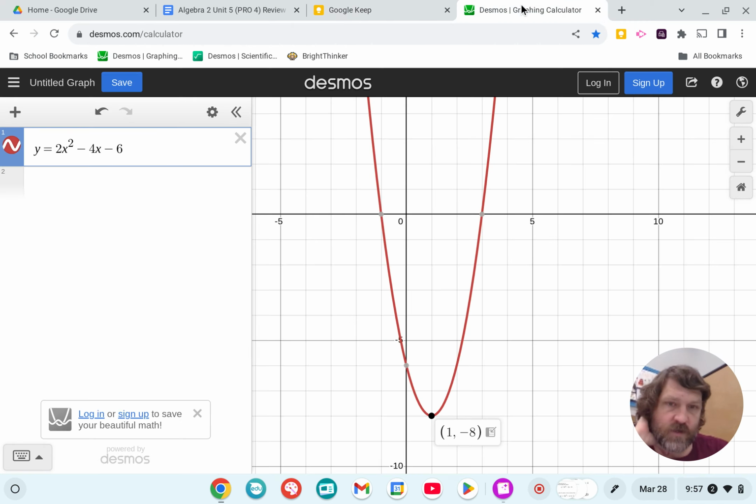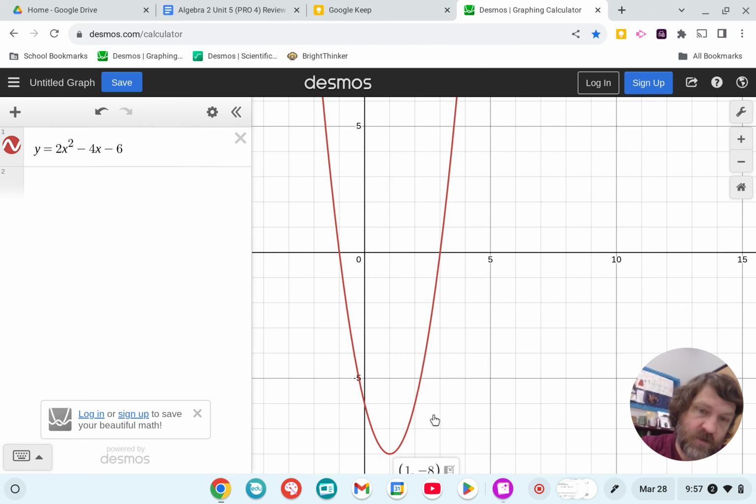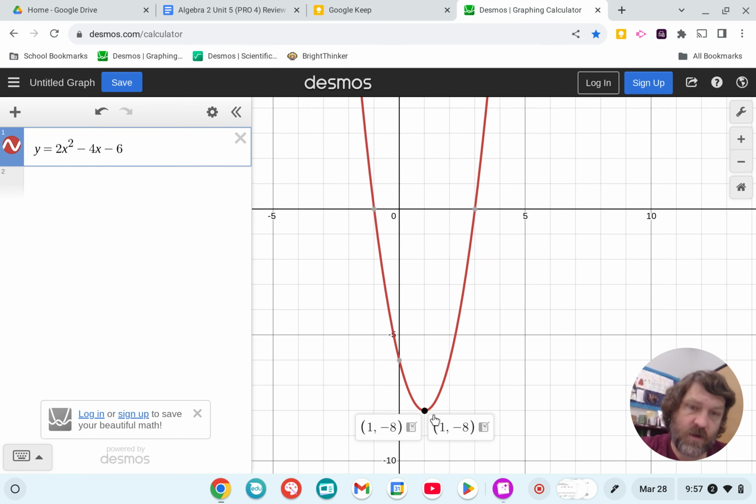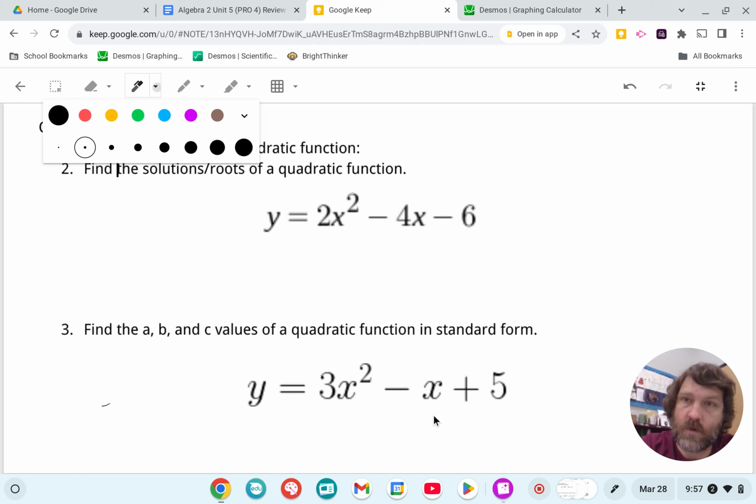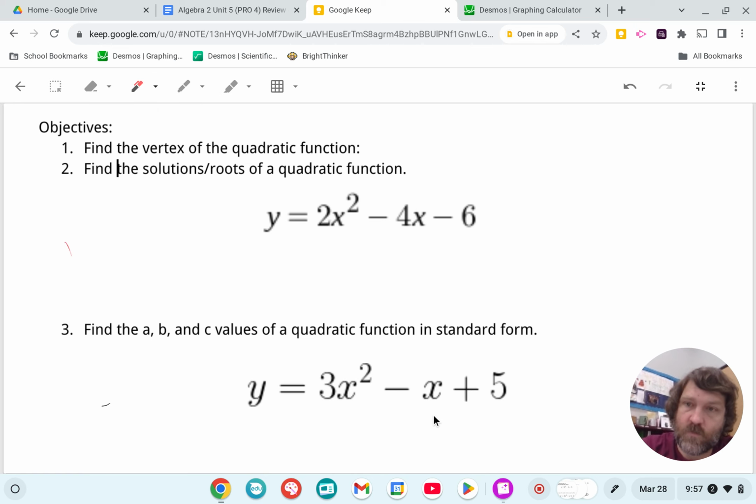So we'll go over to Desmos and we'll type it in. I already have it typed in here just to save some time, but once you type in the function, you'll see your graph, and the things that we are looking for are going to be our vertex here, which is this point here at 1, -8. I don't know why it's giving me two of them. 1, -8 is the answer. Let me bring up my writing tools and change the color here. So my vertex is 1, -8,